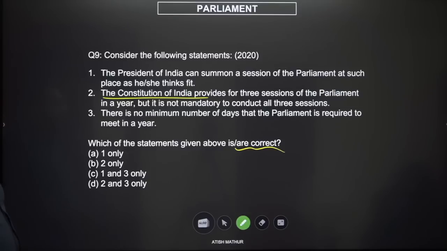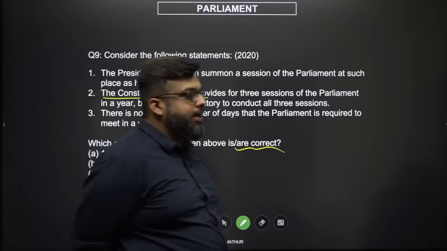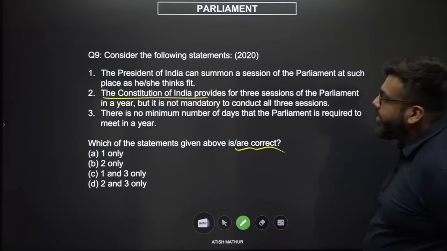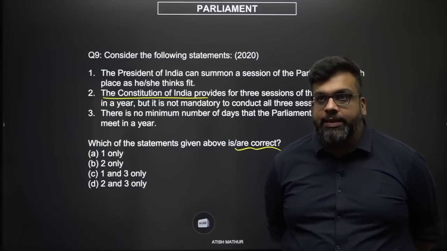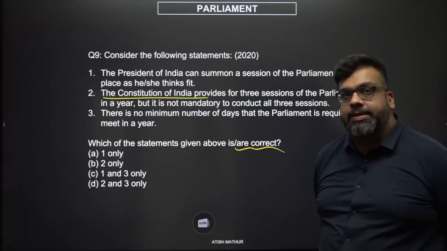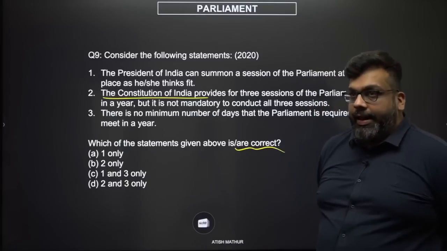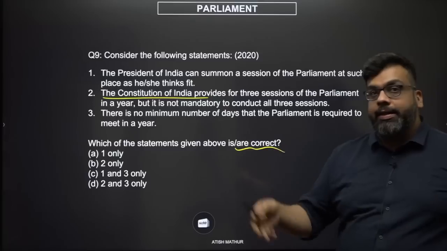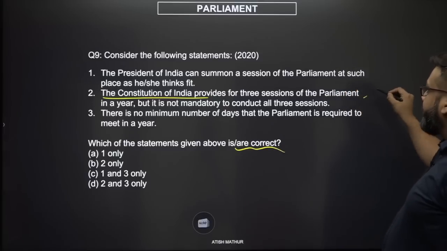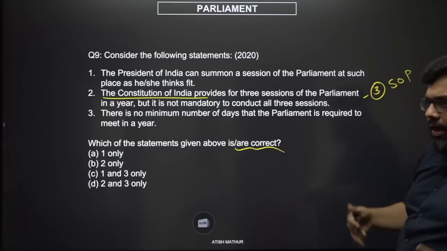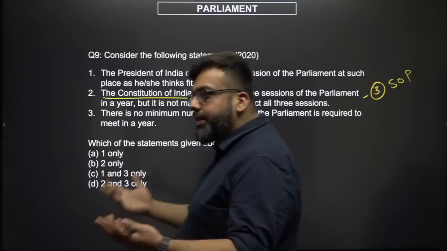Let's look at statement number 2. The statement number 2 is inherently contradictory in the first place. If the Constitution actually provided for 3 sessions, then why would it say it is not mandatory to conduct those 3 sessions? And if the Constitution did, sessions are to be conducted by the houses, would this not violate our golden rule number 3, which is separation of powers, where the House should